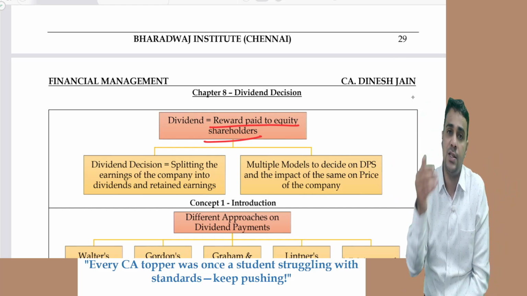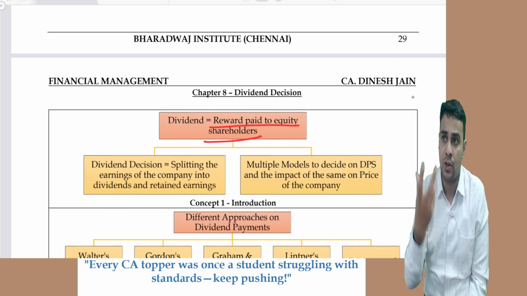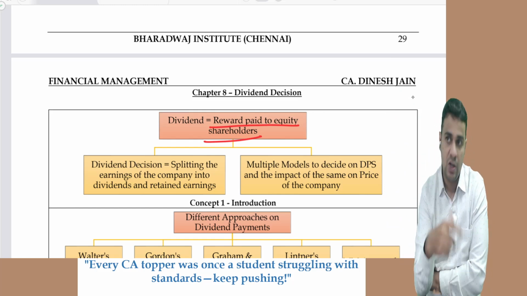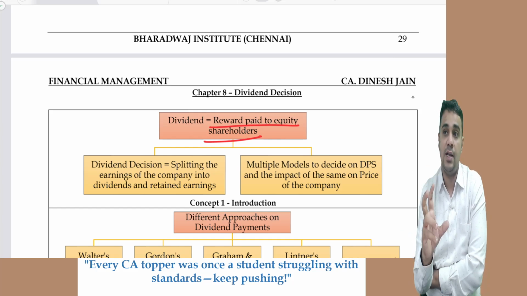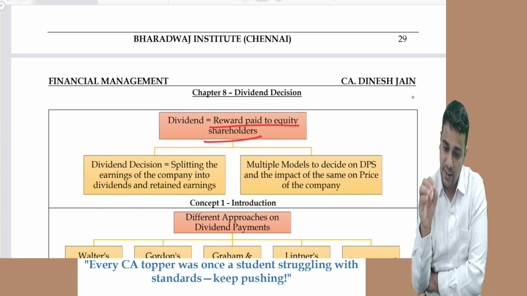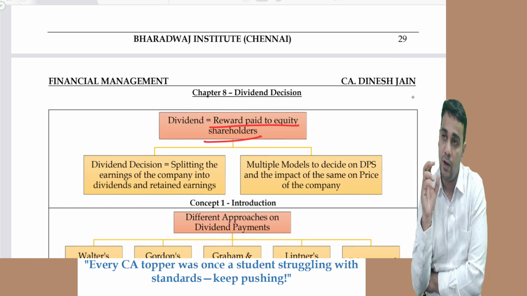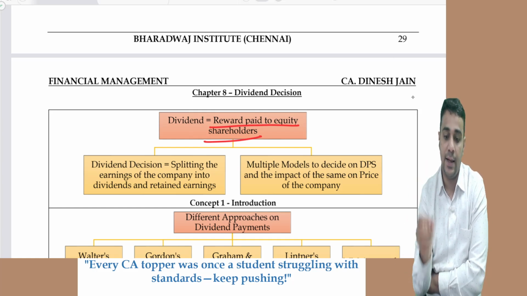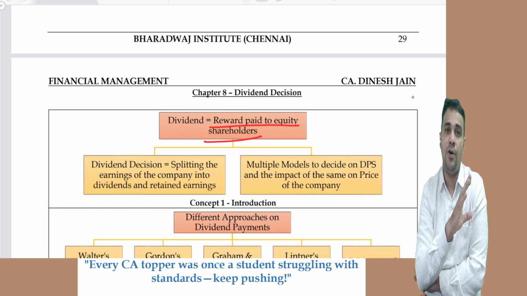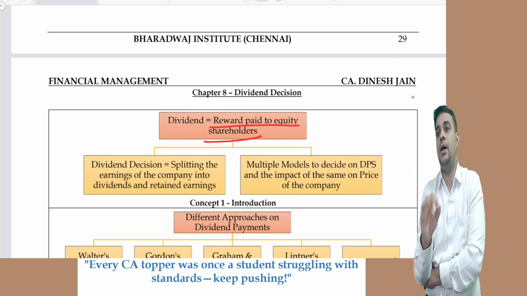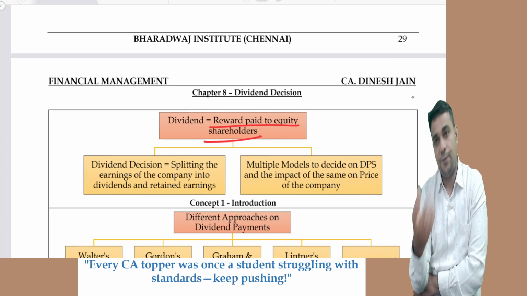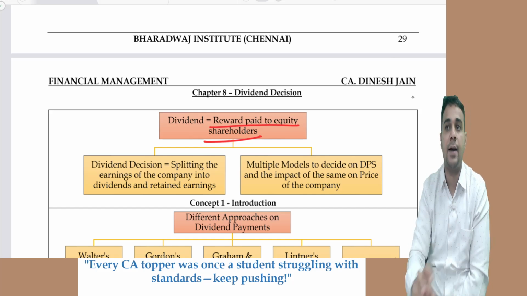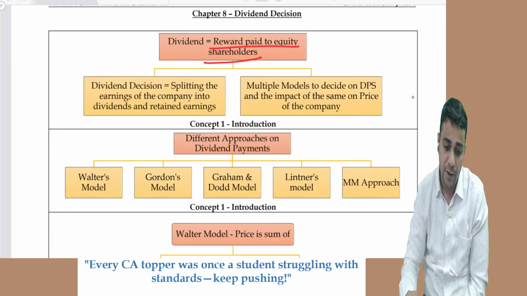There are multiple models. Like we did in capital structure, the relevance model and irrelevance model. What is the relevance model? If the capital structure changes, the value of the firm will change. The irrelevance model said no impact on the value of the firm. Similarly, there are multiple models which will help us in deciding on the dividend per share, and based on that, the impact on company value. Some models say the value of the company will not be impacted whether you pay dividend or don't pay dividend, 100% dividend, 50% dividend, 20% dividend. And there are models which say no, value will get impacted in case dividends are paid out. Different approaches we are going to learn.